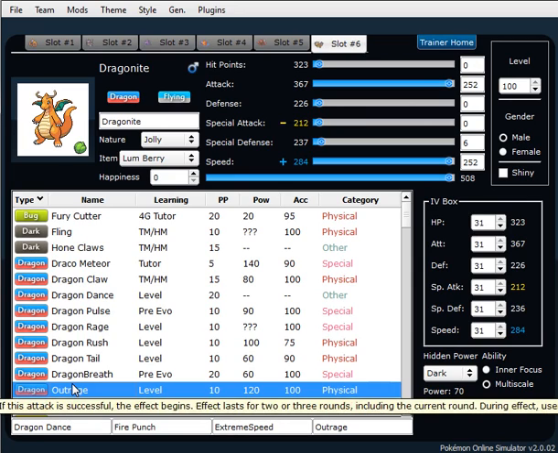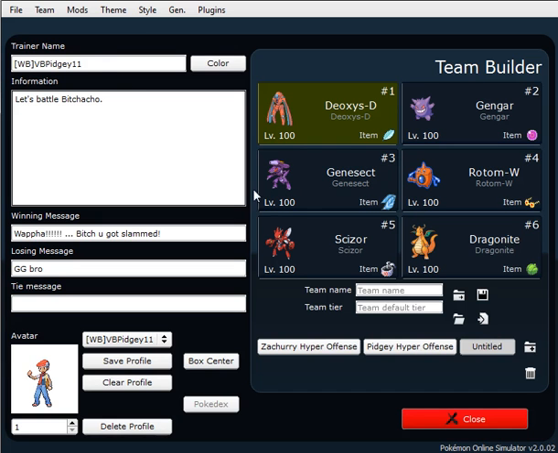That'll be it for today. I hope we cleared up Hyper Offense for you. And now you understand how to play and can go win. We make you a little better every time. Actually, I don't really know if that's how it's gonna work, but...